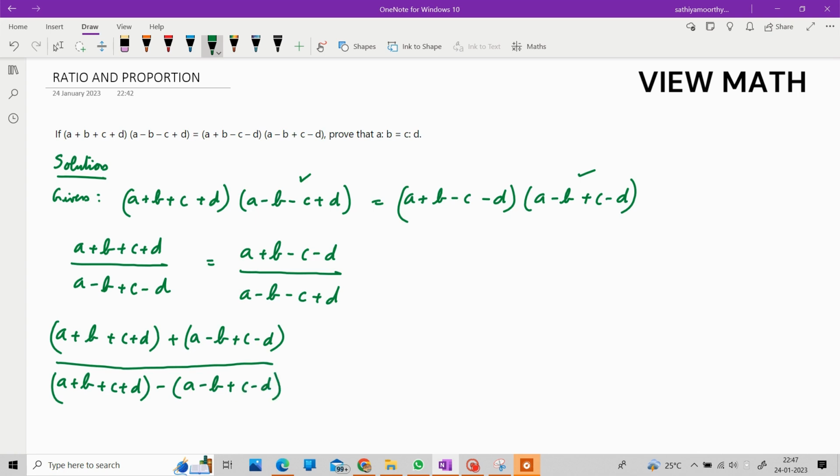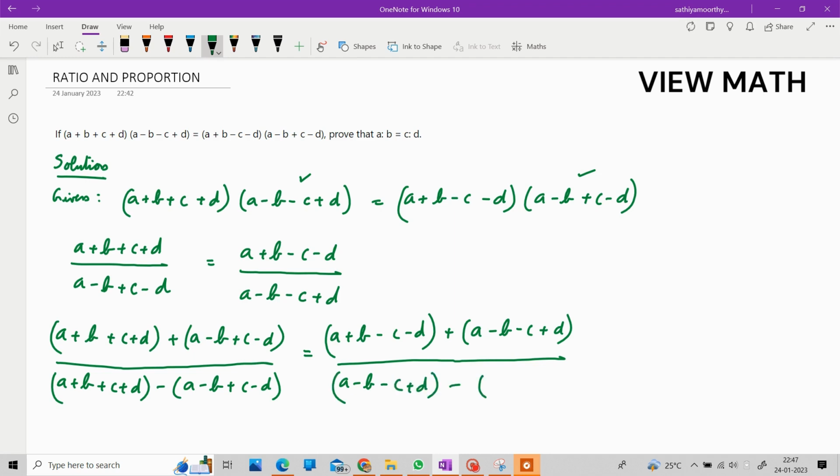I'm applying the componendo dividendo property, so numerator plus denominator, and numerator minus denominator. Similarly on the right hand side, if you put brackets then you will not make mistakes because it's a big term. (a + b − c − d) plus (a − b − c + d) divided by